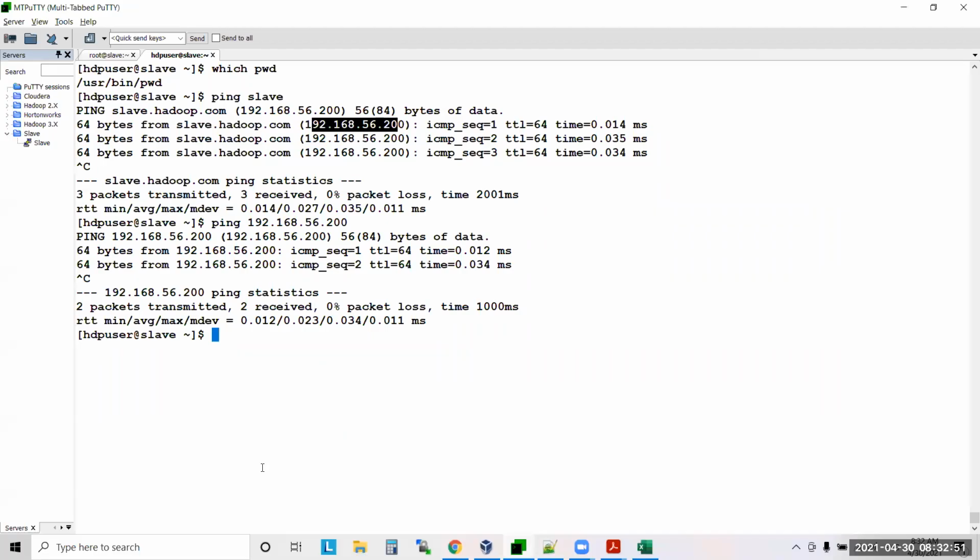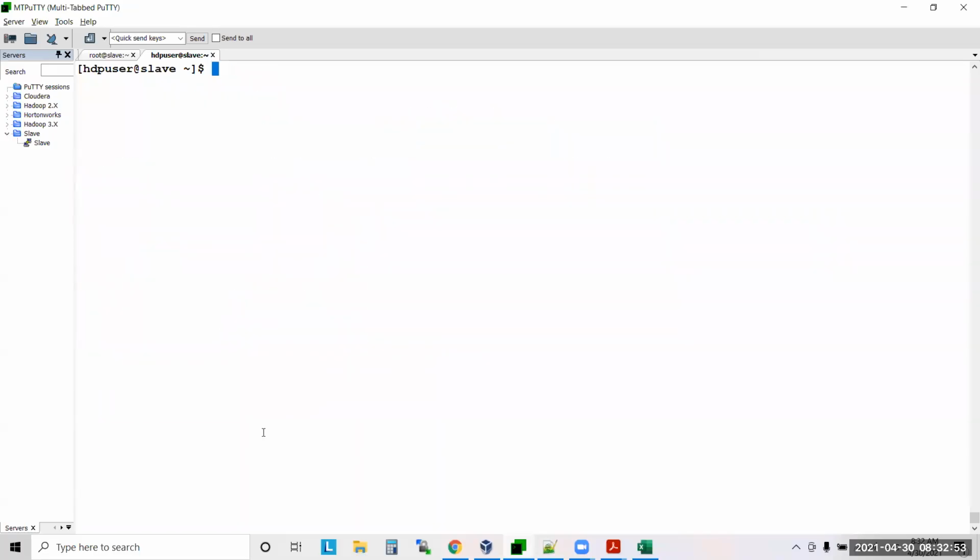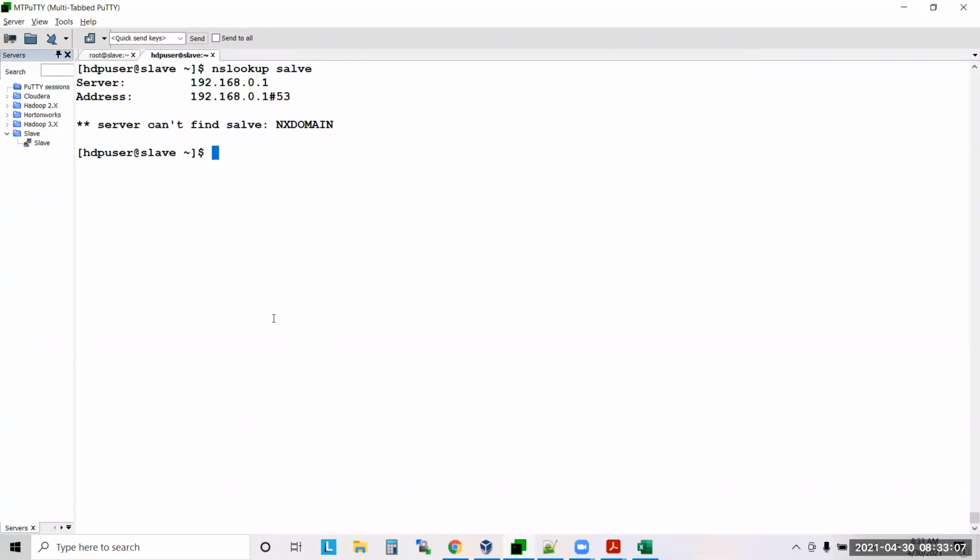But what is nslookup? nslookup may not work here. It will work if you enable a DNS server. If you know the machine name but don't know the IP address, you can say nslookup and the machine name, and it will show you the IP address of this machine.